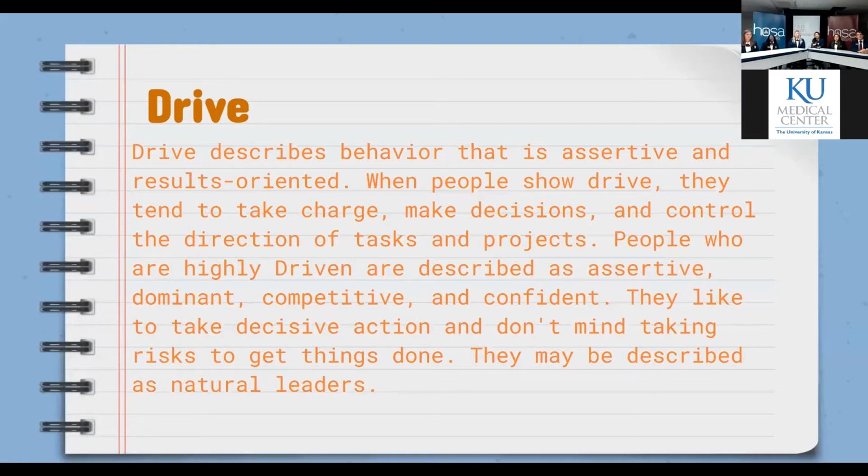All right, and then of course drive. I am one of those driven people. I'm very result oriented, very assertive, and like to get the job done. And that's basically the drive leadership. If you have it, and I was D and I, so I was also an influence, but my highest one is drive. And basically, you're that one assertive type person.